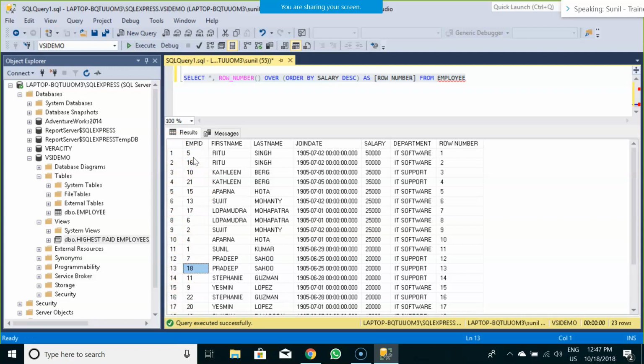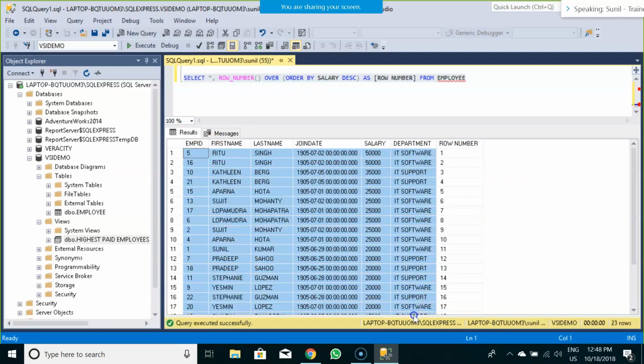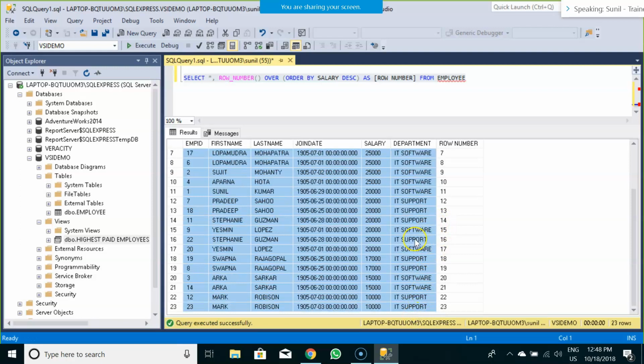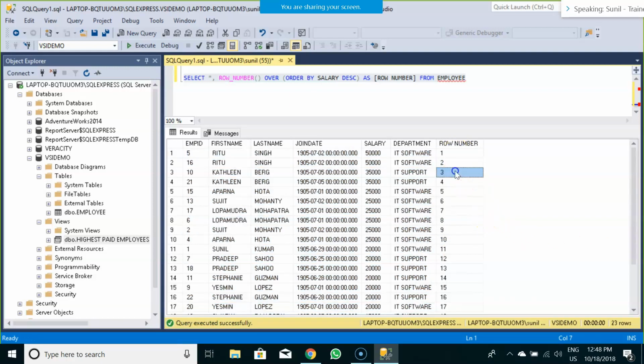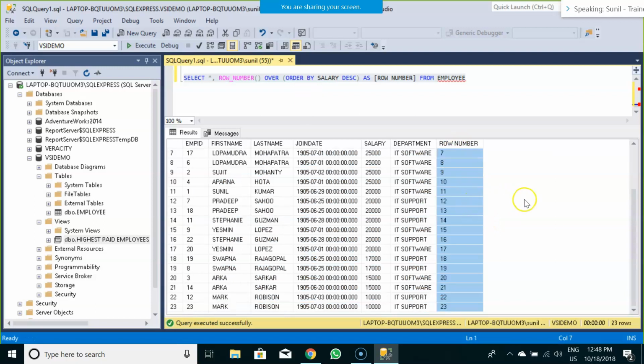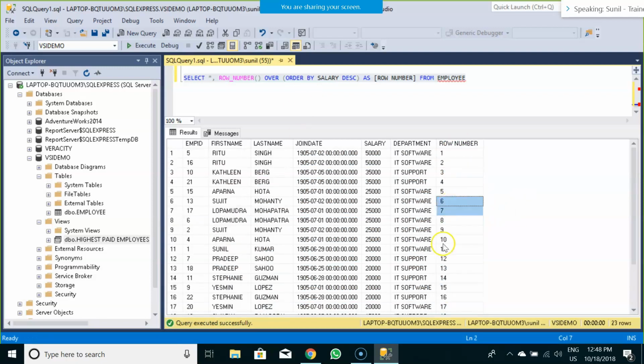Now you are looking for a solution wherein you could assign a sequential number to that report. That sequential number would be provided by your row number. Whenever your information is not in a sequential format and you want to indicate it in a sequential format, you use the row number functionality of SQL, which gives you a sequence.